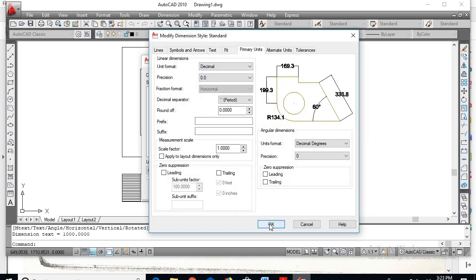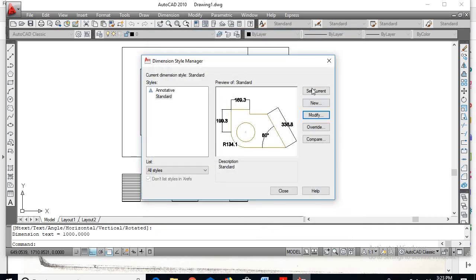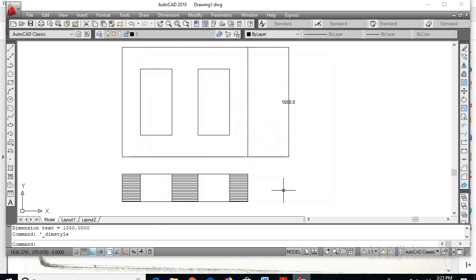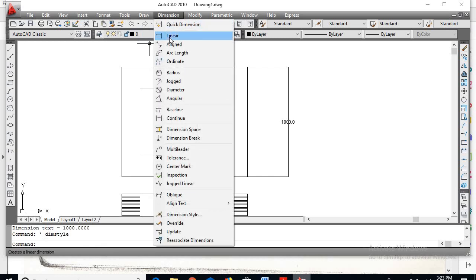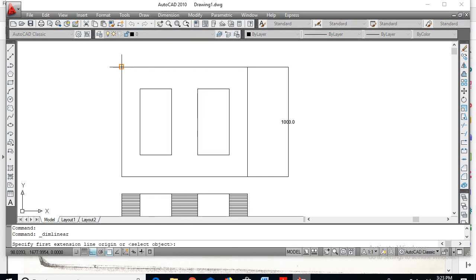Say OK. Next go for set current and close. Now you can see the dimension. This is the overall height, and next, overall length will be linear. Go for the overall length of the transformer.